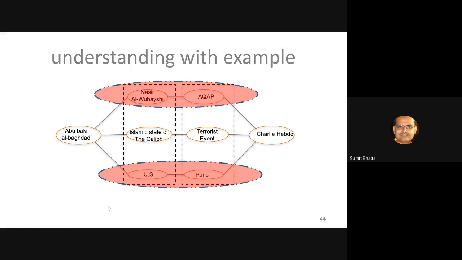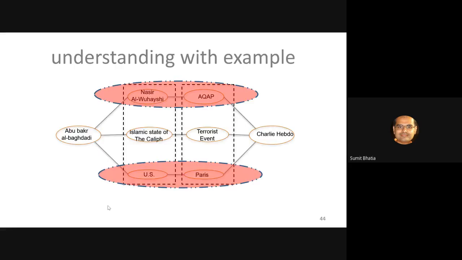So consider these two paths. First, consider the path at the top. So keep these two paths in mind. The first path is Nasir al-Buhaishi, AQAP, connected to Charlie Hebdo, and the second is US, Paris, Charlie Hebdo, right? So notice that the top path is very less popular, very specific. These two entities are at the extreme, and the bottom path consists of entities which are very general, US and Paris,